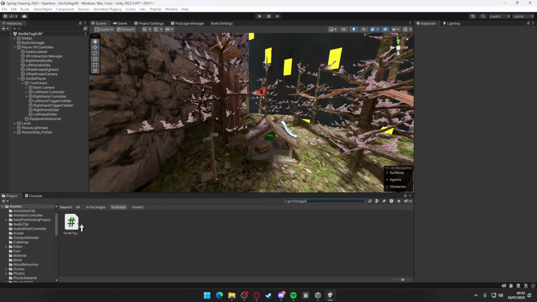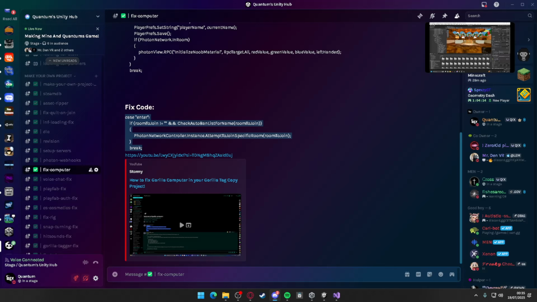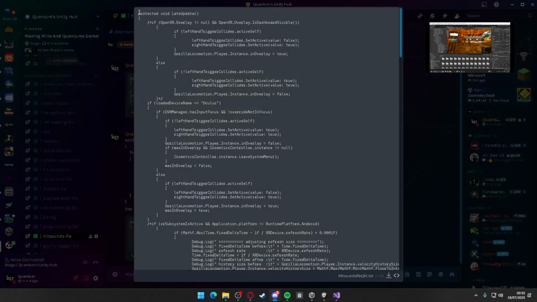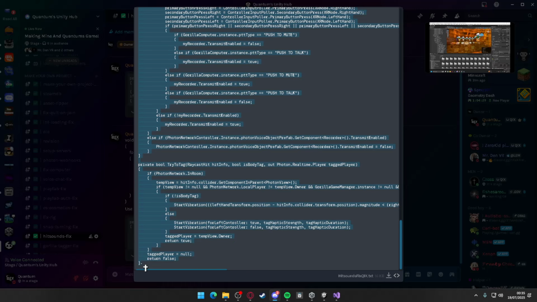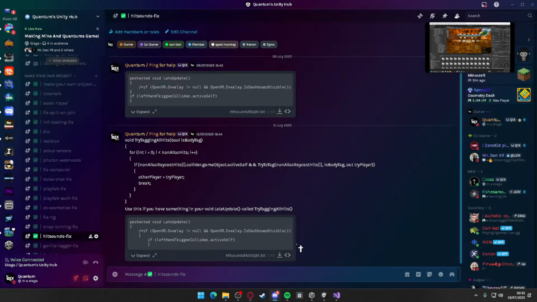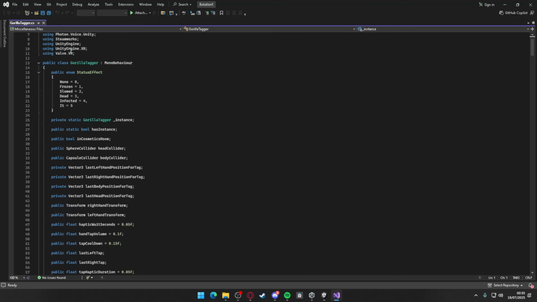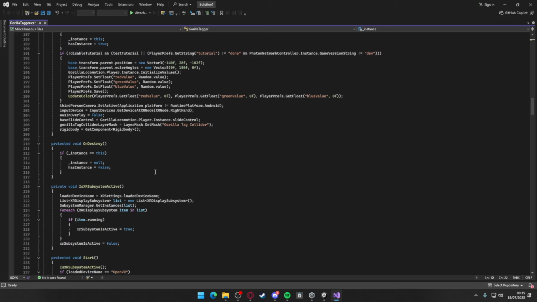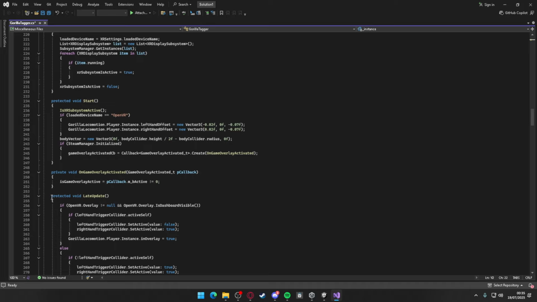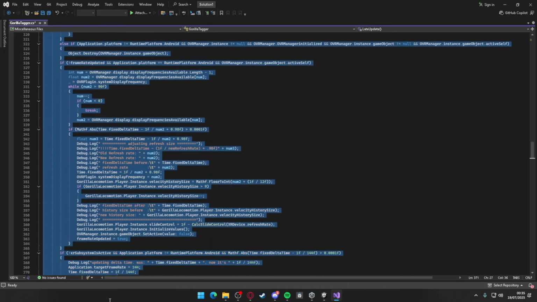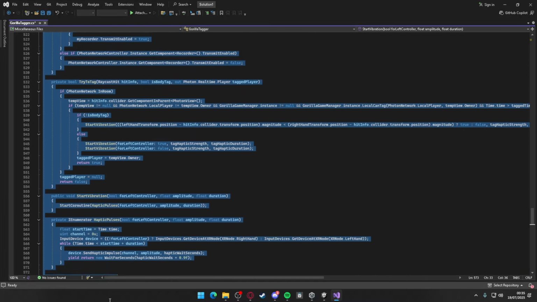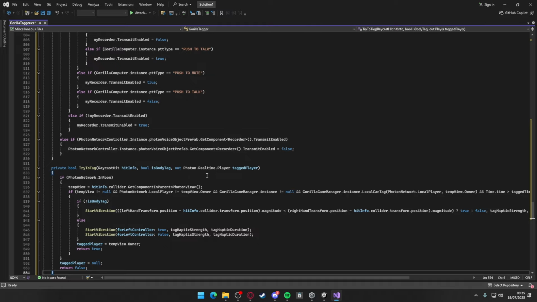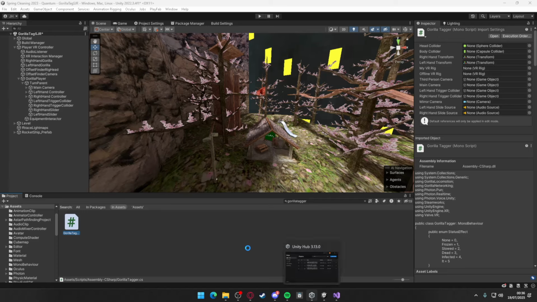open the script, go to my Discord, go to hit sounds fix, open the script, top one, highlight, copy the whole thing, open up the script, delete where it says using Valve.VR, and then scroll down to see void LateUpdate, protected void LateUpdate, highlight up to where it says, you see the end of TryToTag, this last bracket here, paste it in, save, you might get a couple of errors,